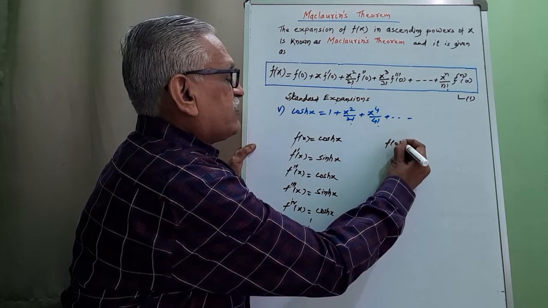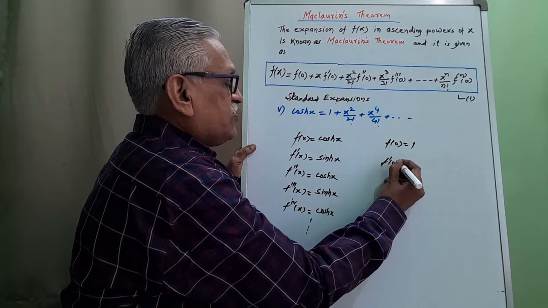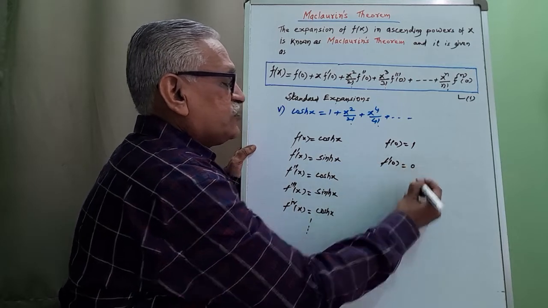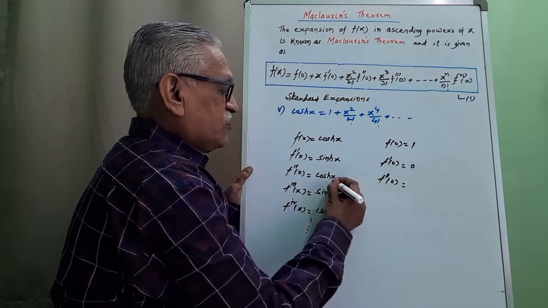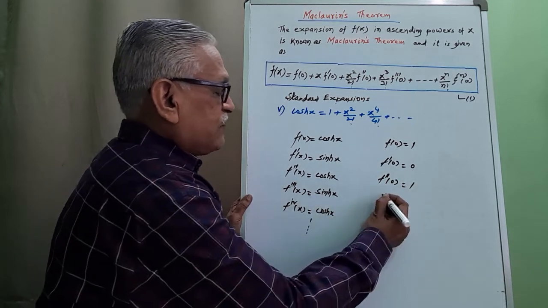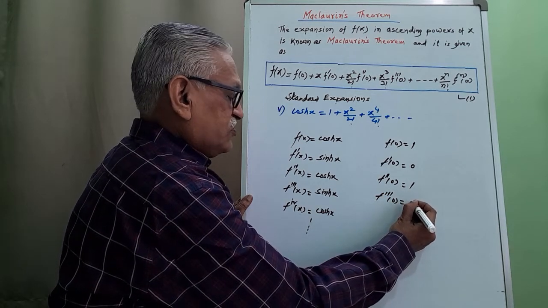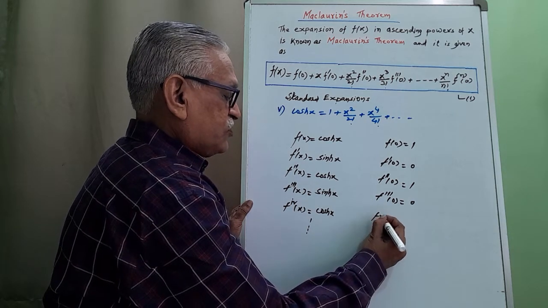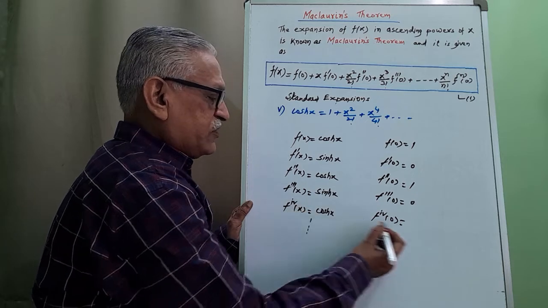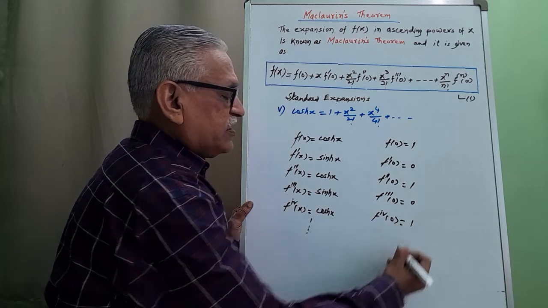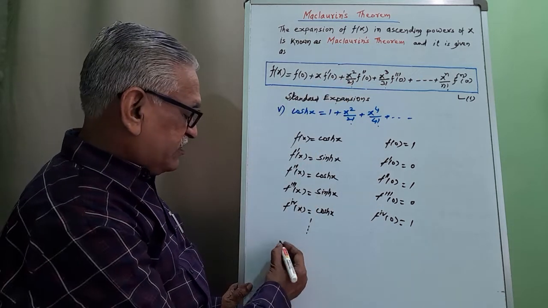Finding corresponding values at x is equal to 0, f of 0 is cos h0, 1. F dash of 0, it is sin h0, that is 0. F double dash of 0, cos h0, once again 1. F triple dash sin h0, 0. Fourth derivative at x is equals to 0, cos h0, and it is 1. Substituting all these values in that Maclaurin series result, we get, therefore,